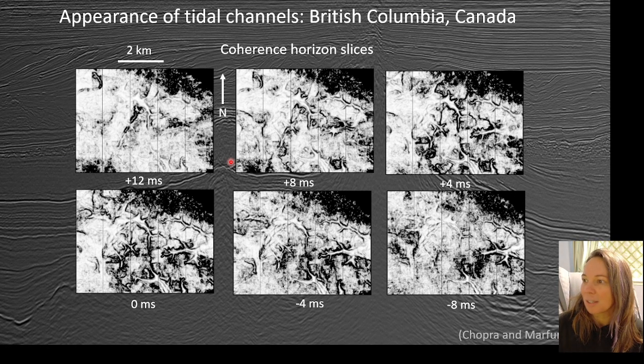And we're doing this in our coherence volume. You can see as we move from lower and then up higher, we can see the development of some of the systems and the disappearance of the tidal system as we move higher out of that area. And you can pick out some of the dendritic features, which can give you more information about that tidal system